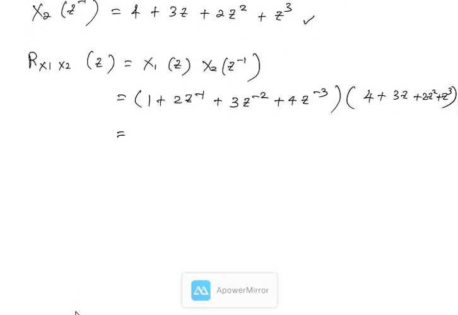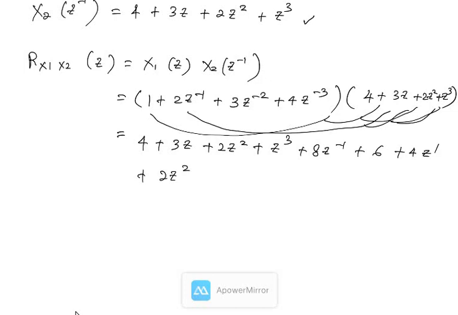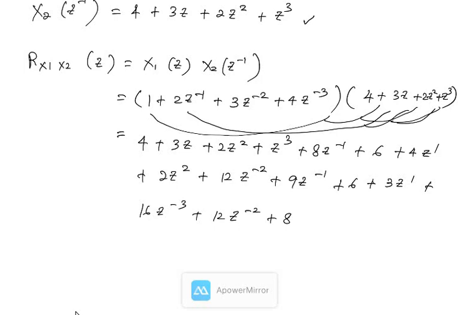So this is equivalent, so we are multiplying in everything. 4 plus 3z plus 2z squared plus z power of 3 plus 8z inverse plus 6 plus 4z power of 1. Okay, so this one, then we continue with this one. So continue everything. And then plus 2z squared plus 12z power of negative 2 plus 9z power of minus 1 plus 6 plus 3z power of 1 plus 16z power of minus 3 plus 12z minus 2 plus 8z power of minus 1 plus 4. And this equals z power